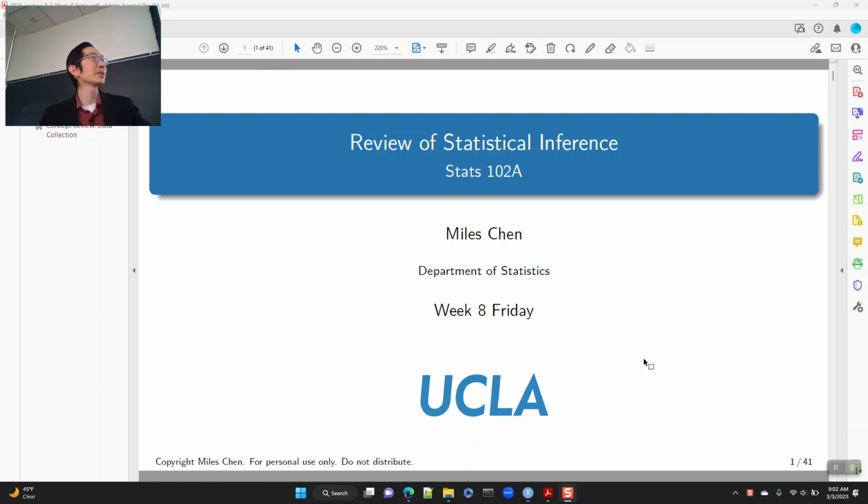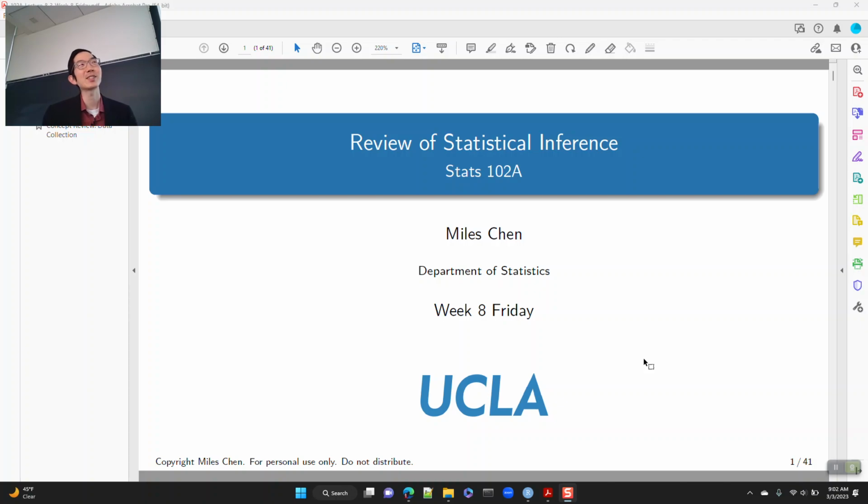So one of the prereqs for this class is Stats 10 or equivalent, and also just generally speaking for the entire class of 80 students who are enrolled, many did not actually take Stats 10 here at UCLA. Some of you did, or something equivalent, but many got credit for like AP Stats or something of the sort. And so I just wanted to spend a little bit of time reviewing some key concepts from